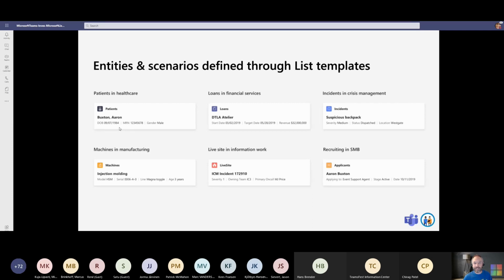And so the example in the screenshot here just shows that under patients, you might have a patient's name, tracking their date of birth, some of the information that's tracked at the hospital level. And the intent here is for people like nurses and doctors and on through to the patients when they interact with them to be able to collect information, change the status, provide updates, and collaborate with each other in that specific environment that's built specifically for them. When you think of a more horizontal template, which is some of what I'll demo, it is really to provide a group of people the ability to collect and distribute information, to share and chat,